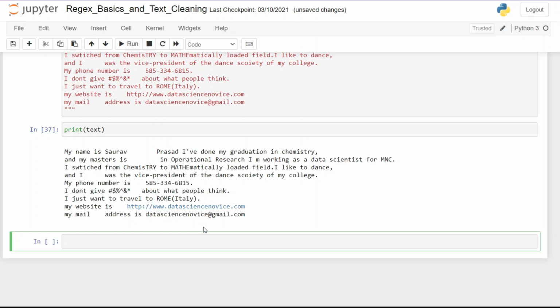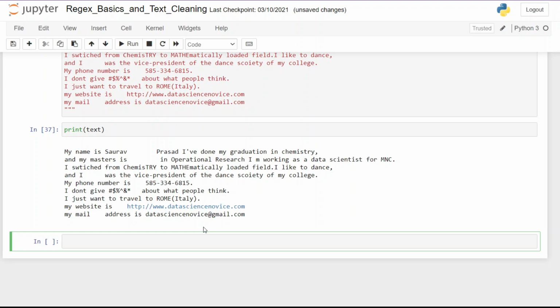Then we have some crucial information like phone number, email address that we should not use. Because if you are working in an organization, then these are the customer information that you have to make sure are hidden. Next, we have website URL, or we can say any URLs that are not actually important. So whenever you are feeding it to algorithm, make sure you do not have any URL. And then we have some special character like hash, dollar. So basically some kind of slang that has been hidden using special character.